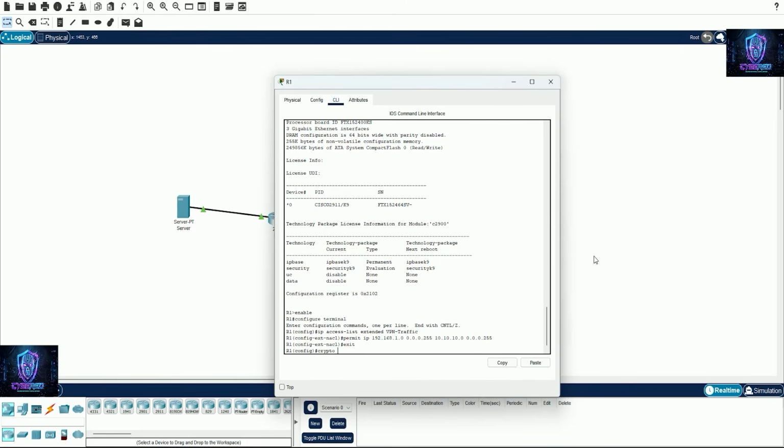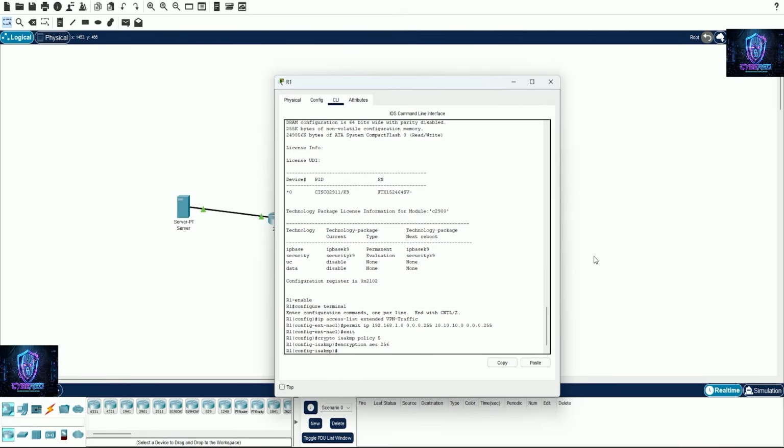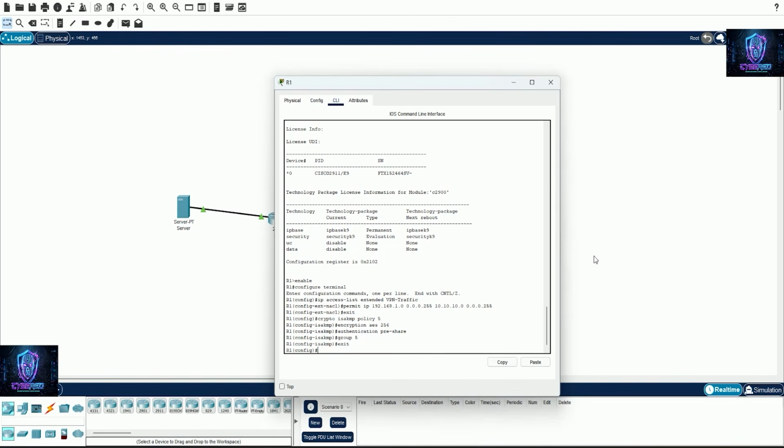Now we'll configure IKE Phase 1. So type crypto isakmp policy 5, encryption aes 256, authentication pre-share, group 5, and exit. And configure the shared key, crypto isakmp key myipseckey address